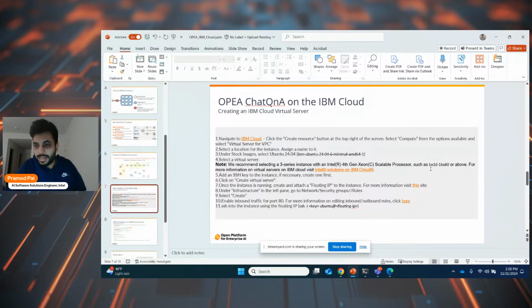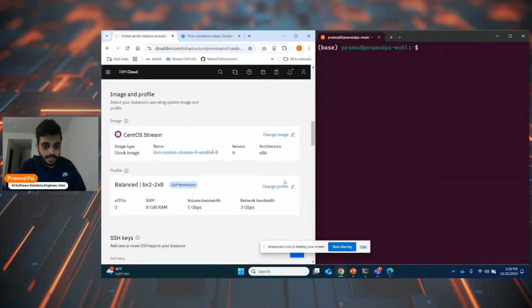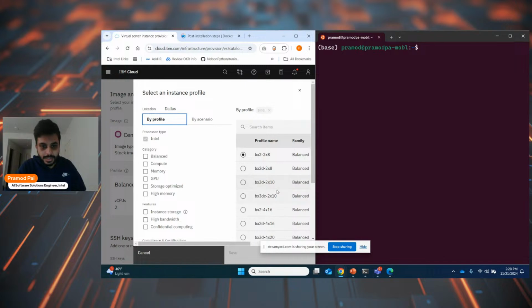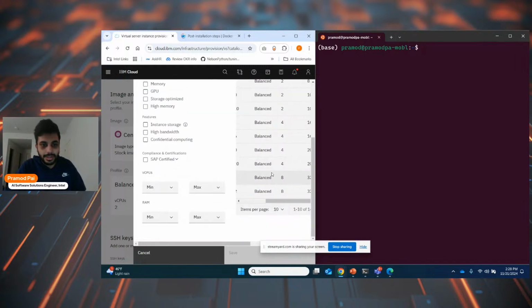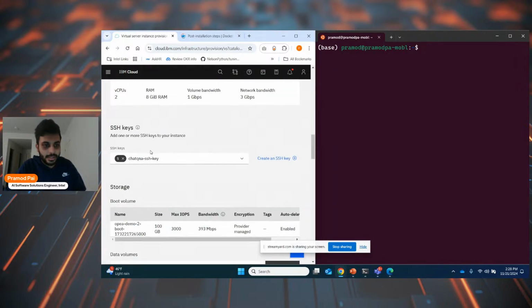So any instance that you see in the 3 series or above would be great. Then you would select such an instance. You see here BX3D. Any one of these instances would be great. And then you set the